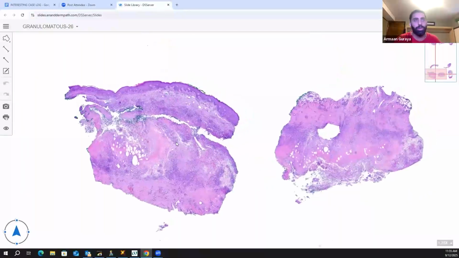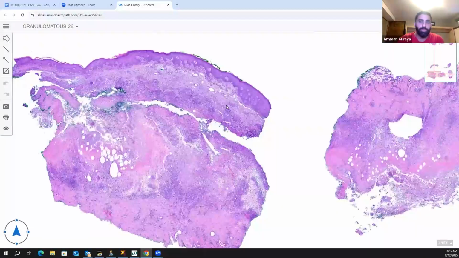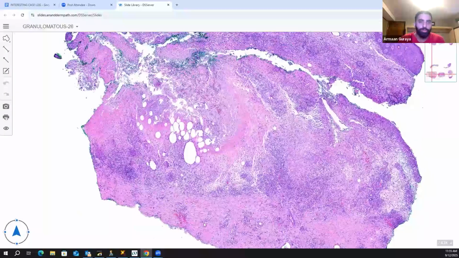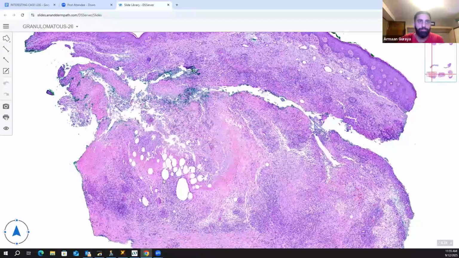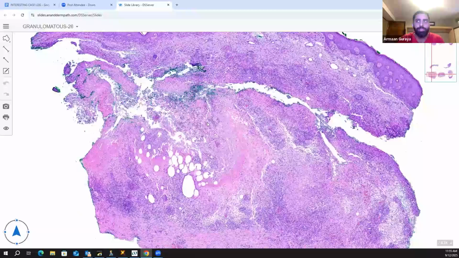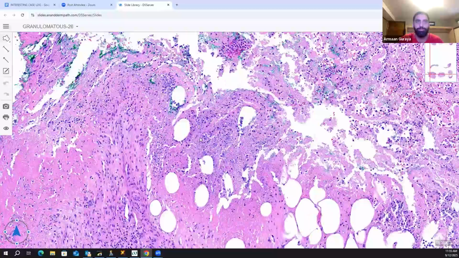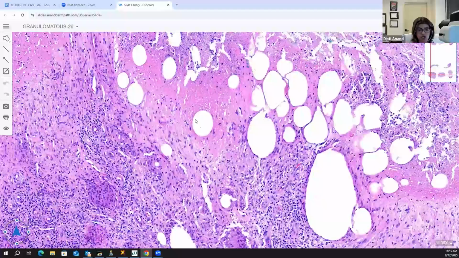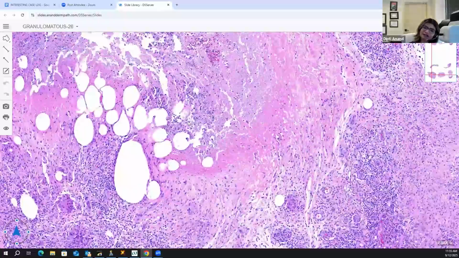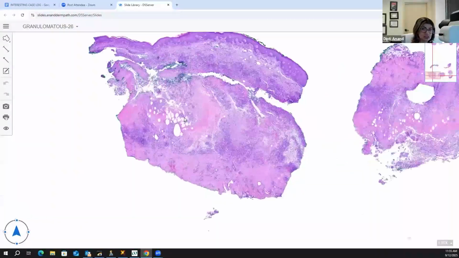So I think you see maybe a pseudo-palisading granuloma, central necrosis, but these spaces are different sizes. Just thinking like a foreign body, like a silica or suture or something. So I really like the fact that you described this to be pseudopalisading, because it truly